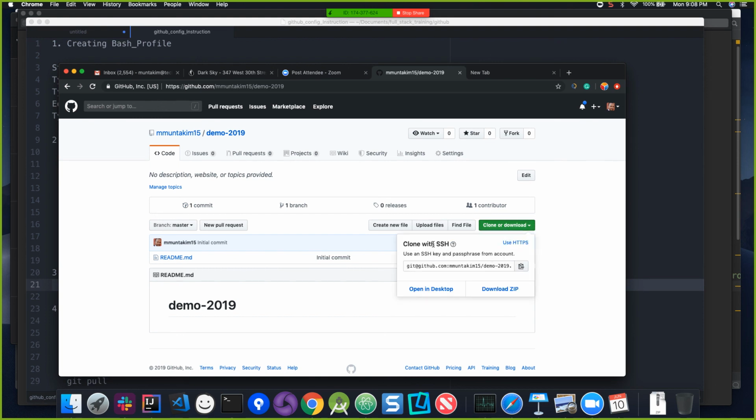Make sure it says clone with SSH. Sometimes what happens, it says clone with HTTPS. But in our case, we are going to use the SSH. And then you copy this link. So we just made the copy. And now